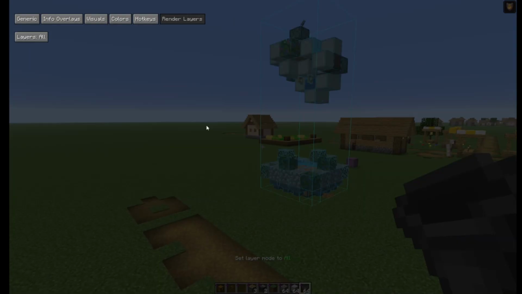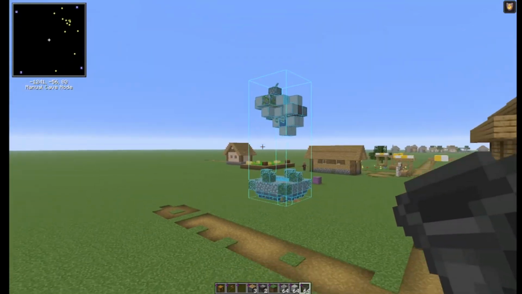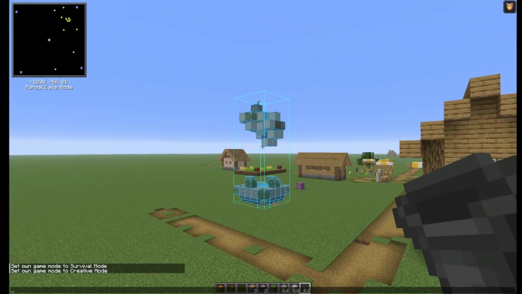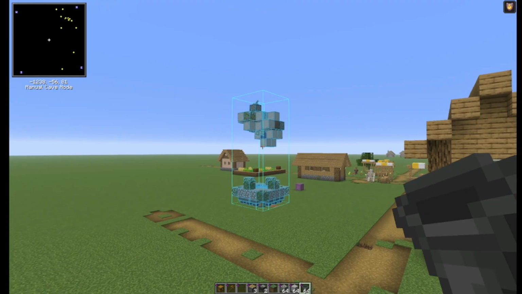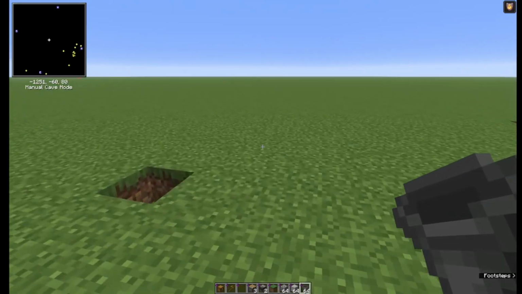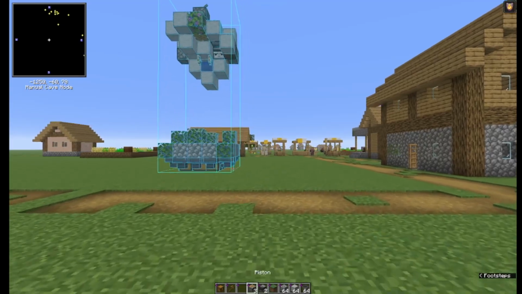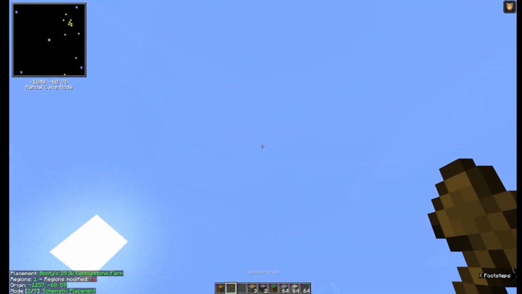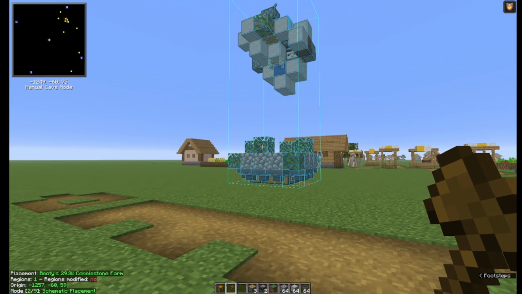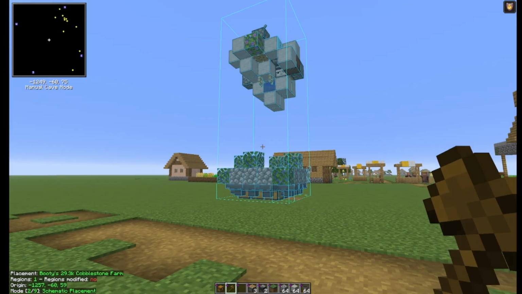So now, for the next part, let's load in the entire schematic, all layers, and talk about pasting a schematic. A very important note is that paste mode only exists and only works in creative mode. If you're in survival mode, you will not have access to it. And to get into it, you pull out your tool item, hold it in your main hand, and then the default is